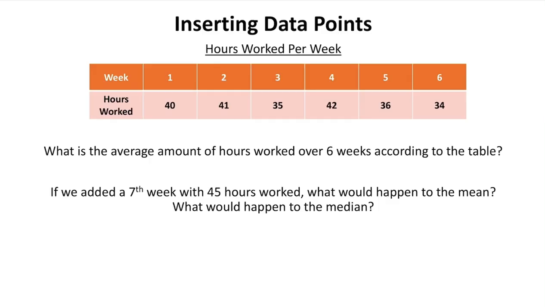So if we're looking at this, what is the average amount of hours worked over 6 weeks according to the table? Well, we know how to do an average, and it even tells us there's 6 numbers here. So we're going to add these up and divide by 6. So 40 plus 41 plus 35 plus 42 plus 36 plus 34. 228 divided by 6. So I'm going to divide by 6, and I get 38 hours. If we added a 7th week with 45 hours,